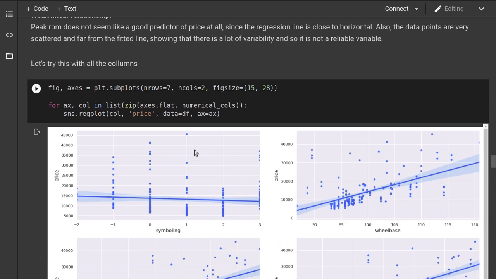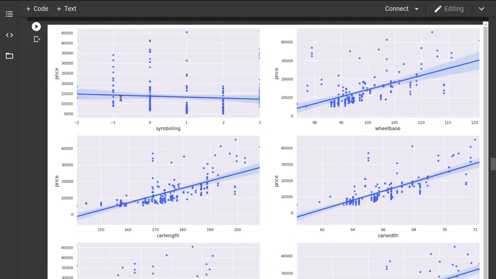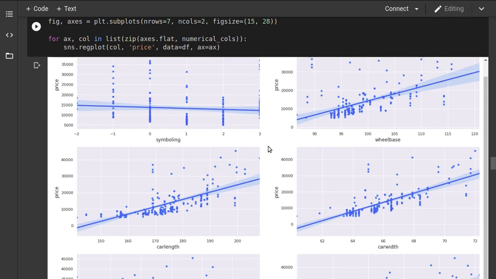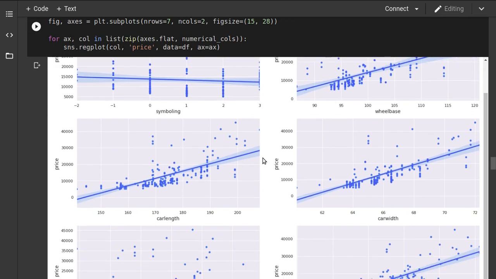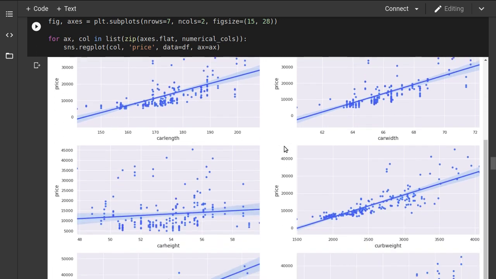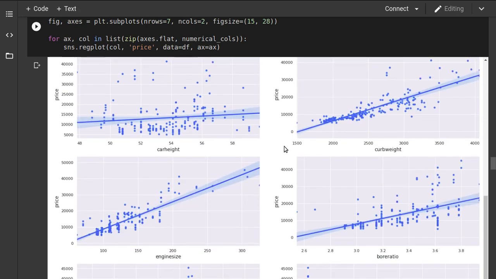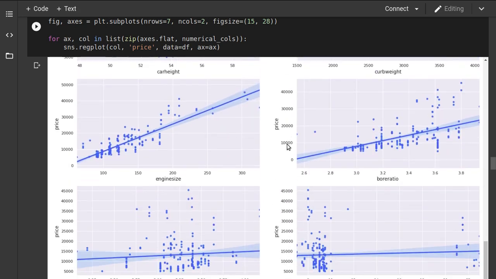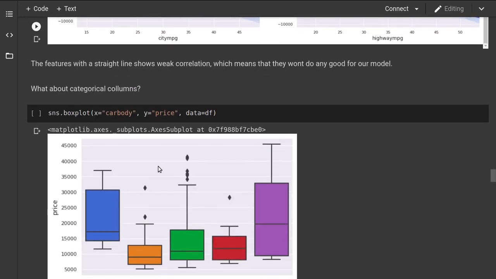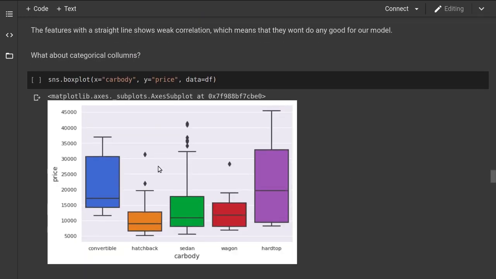So what I did, I again used a for loop to check all the variables which have a positive linear relationship or negative or weak relationship with my price column. Let's move on to the next. So for categorical columns, we have box plots. I took each and every column with the price variable, and I plotted them.